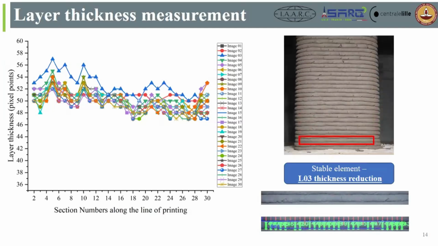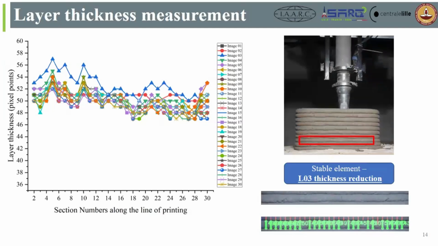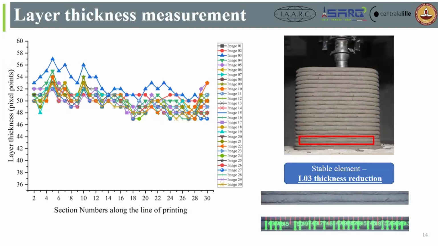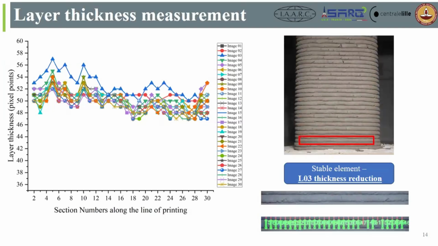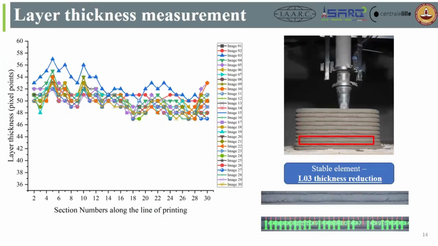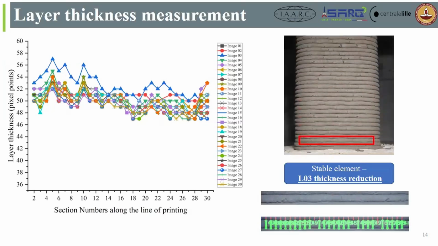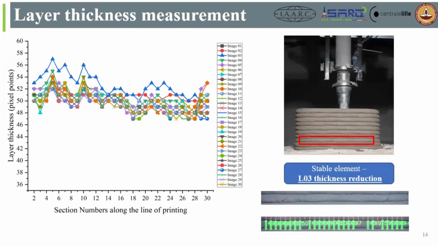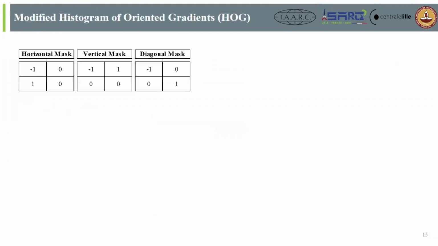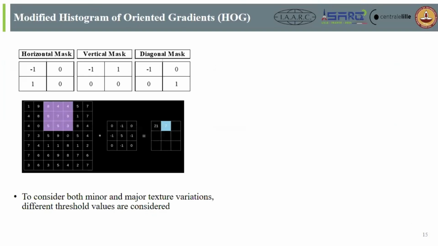But as multiple layers are printed on top of it, you can't see a major difference in the layer thickness. So by comparing this, identifying these layer thickness changes, when the layer thickness deformation is very high, we are able to say that it is a collapsed element. If it is less, it is a stable element. Similarly, I have done it for